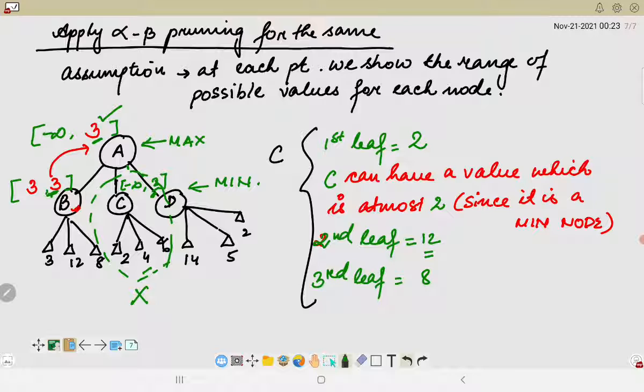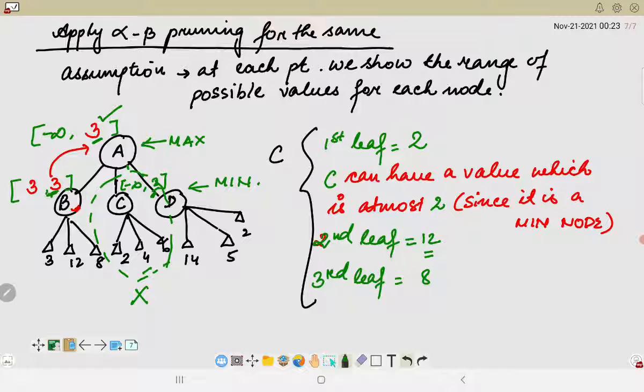So hence the middle node, that means C and its associated path, will completely be pruned off. A is a max node and it already has the value 3, therefore it would never accept 2, and there is no point in looking at other successors of C also, because we have understood that all the successors of C